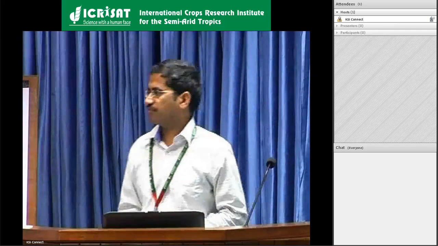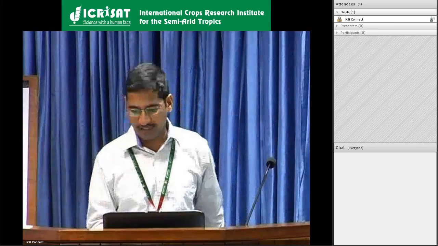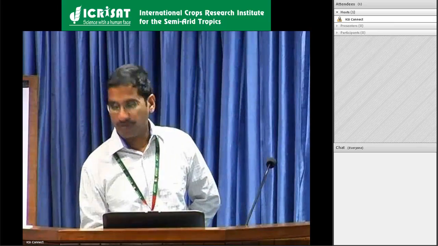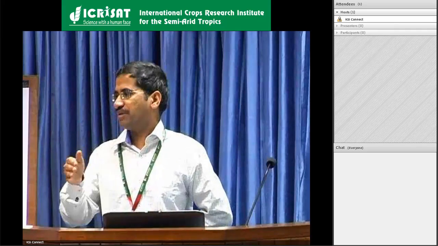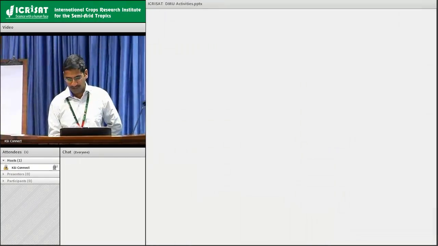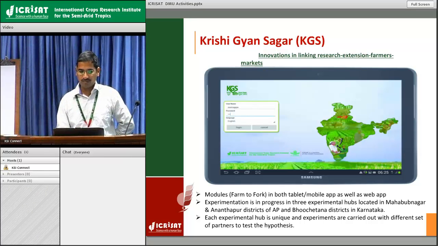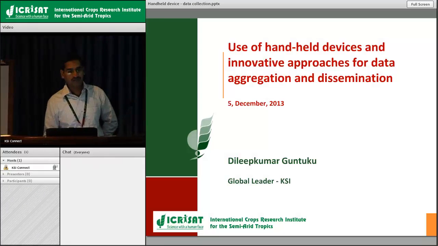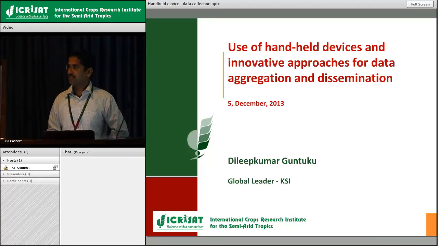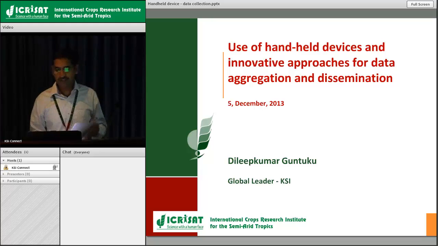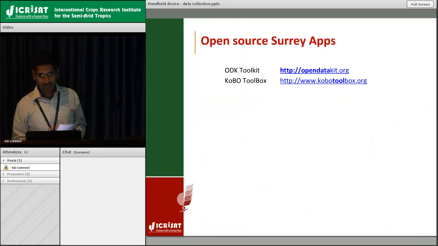Even if you look at the commercial market for survey data collection applications, there are a lot of applications available. But those are commercial. We need to pay something. But when it comes to open source tools, where the software is purely free, there are a lot of applications, but these two are the main, what I feel. Out of which we'll look at the ODK toolkit. If you open this,